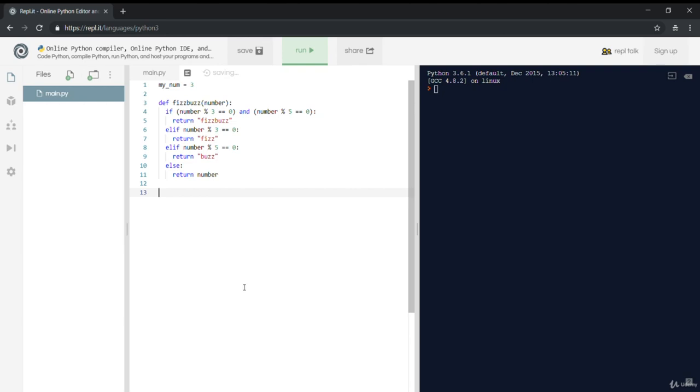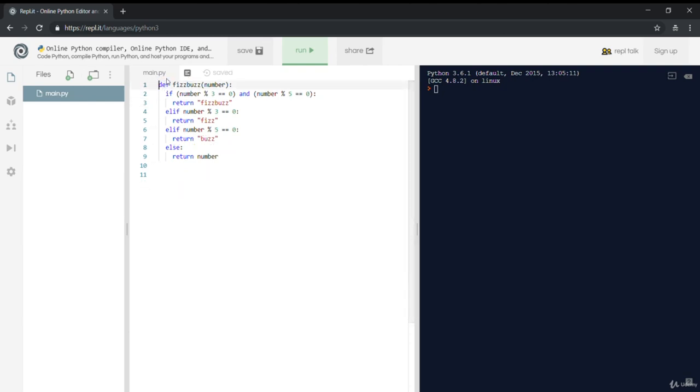So now it's not just going to print it. We can actually save that value if we wanted to use it for anything else. Okay? So let's get rid of my num, and we've just turned FizzBuzz into a function. So we can say my result equals FizzBuzz of 15. If we print my result,